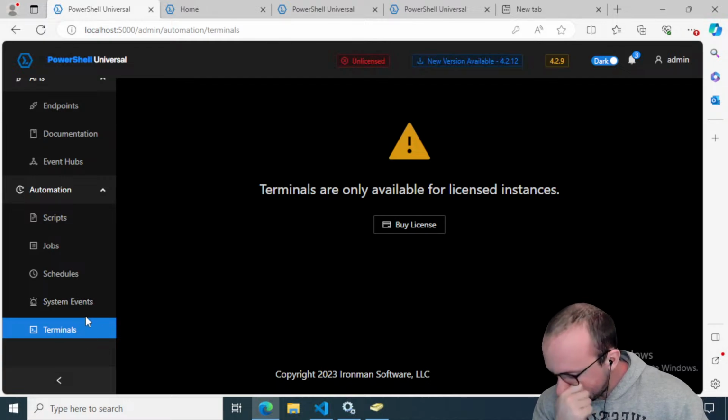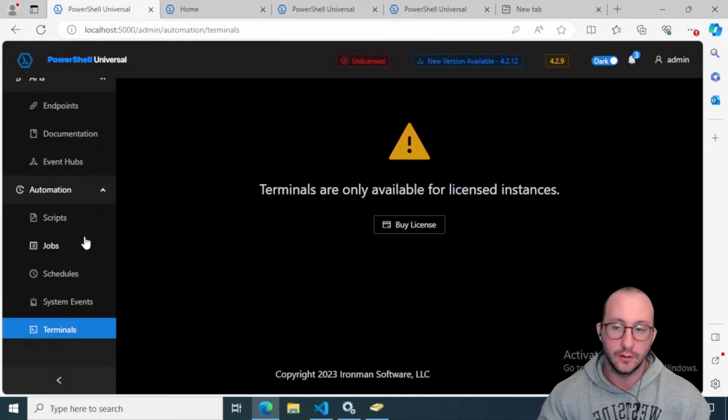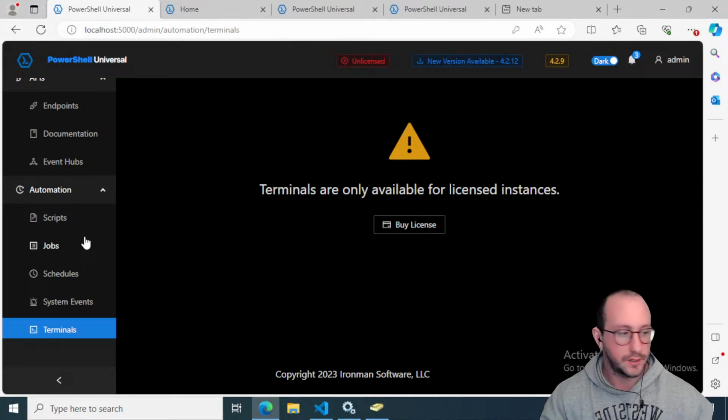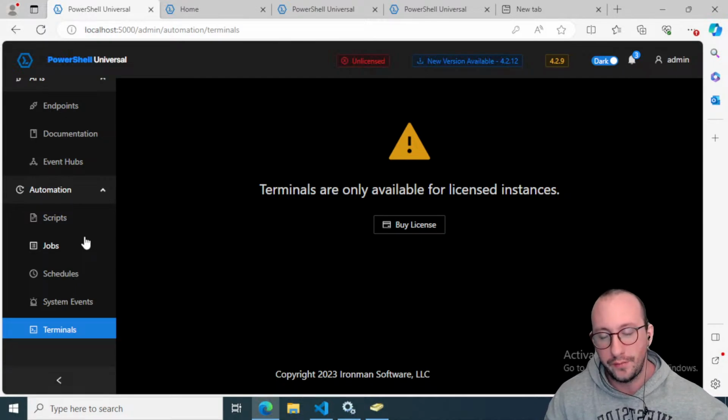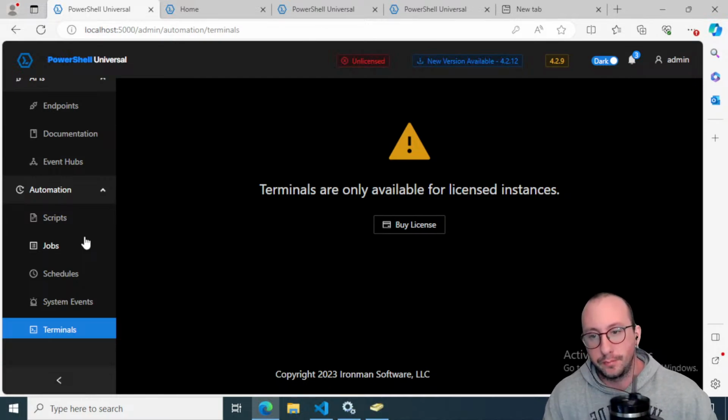And then terminals is where I would assume you can run code kind of like an ISE. But once again, that requires a license. But honestly, there's a lot of possibilities with just the free edition. So even if you just wanted to toy around with it, I would toy around with the free edition, and then go from there, because there's no point in paying for something if it doesn't quite fit your needs. And I think you'd be able to figure out if it fits your needs pretty well with the free edition